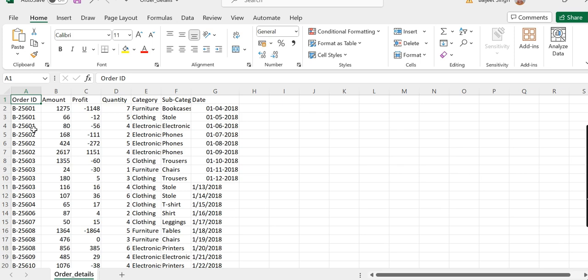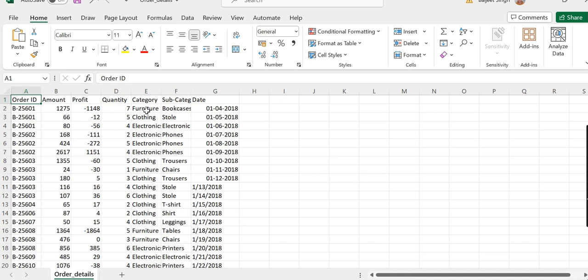There is a separate row for each order line here, so we can combine them into a single order if we really require. Rows 2 to 4 contain the same order ID 25601, but each line points to a different product within the order.